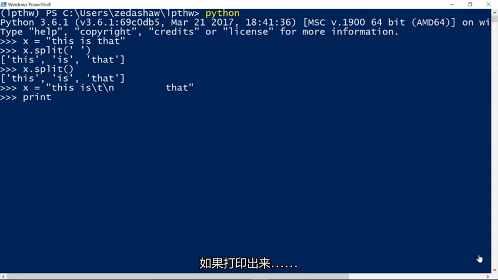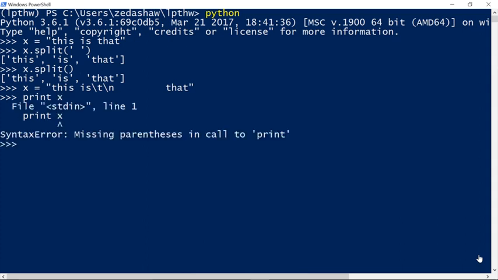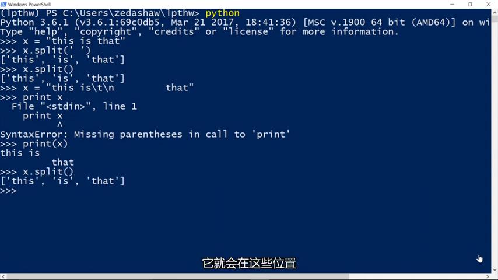If I print that out, it's going to print with tabbed in and new lines and the whole works, right? But if I split it, it's going to break at this, here, and all that. So see how this is that? So that's a way to reliably break a piece of text on any space characters,